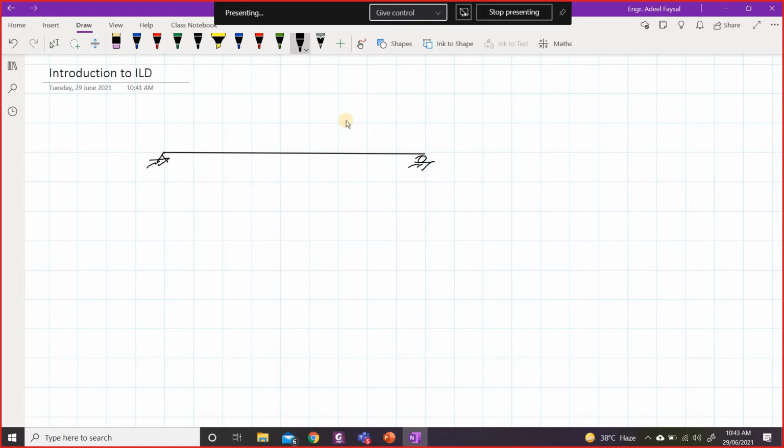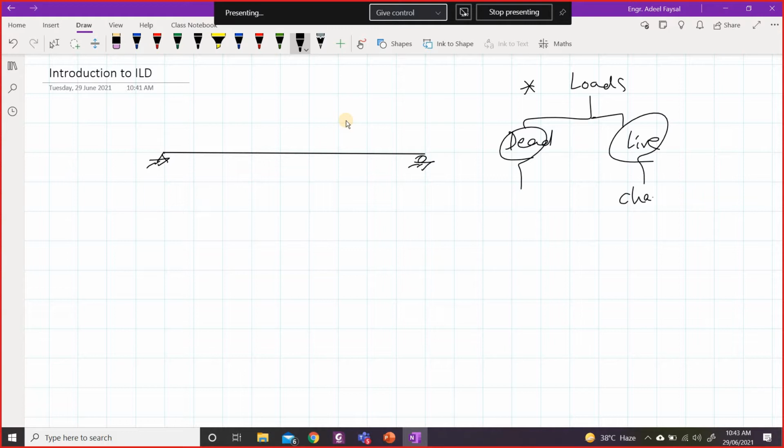Before we discuss this special case of a simply supported beam, let me first set up the context for this discussion. We have discussed that loads are of two types, basically dead and live. Now, dead loads do not change their magnitude and they do not change their point of application. So they remain almost constant for the entire life of the structure. But for live load, it changes